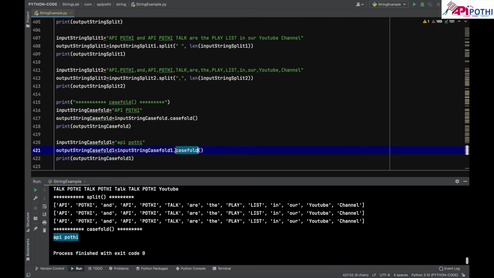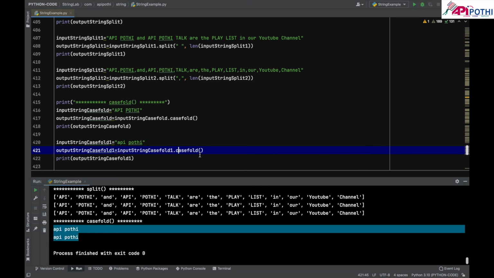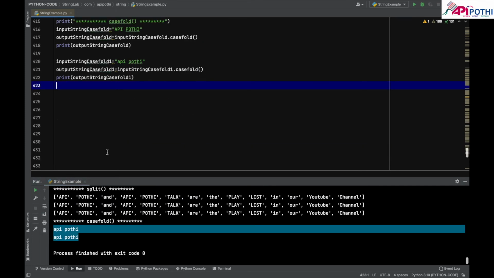Their responsibility is to convert it, right? So now let me execute this code. Output remains same. Now you must be thinking that we have already learned one method called lower in the last video,